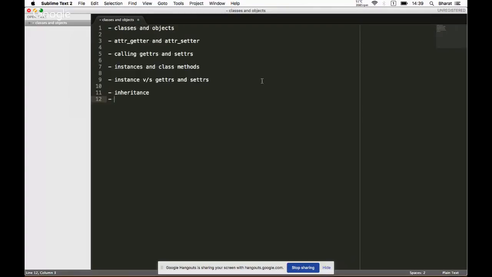I want to work on the narrative right now. The thinking behind this is that I want to start with showing how something like this might work in a procedural way, and then show how OOP changes that situation, and probably even illustrate the benefits of OOP along the way.